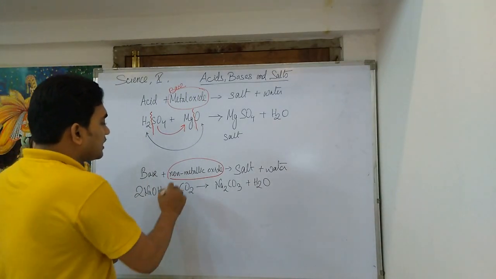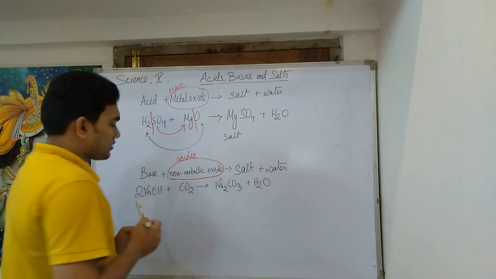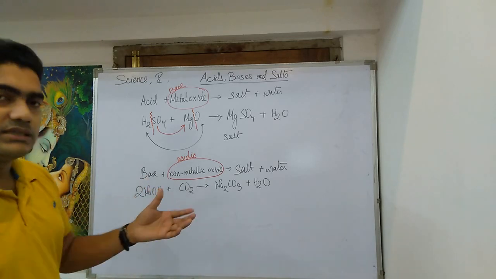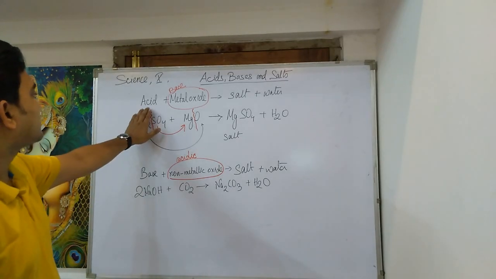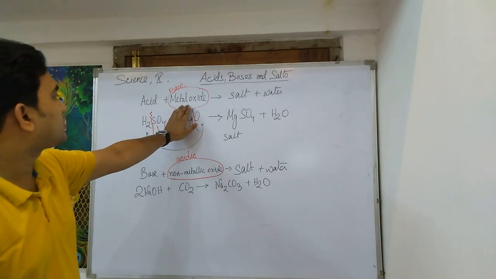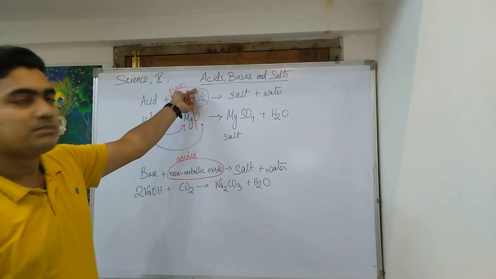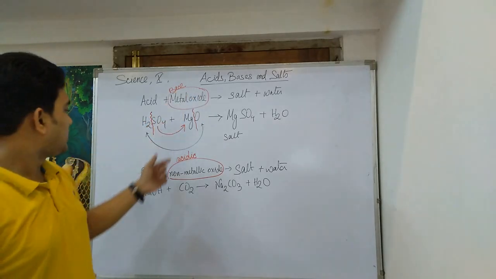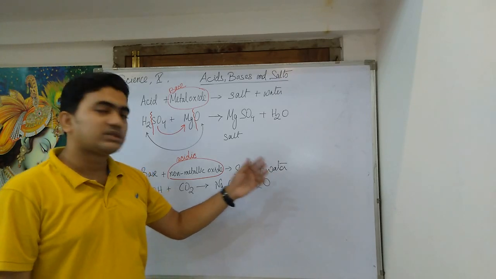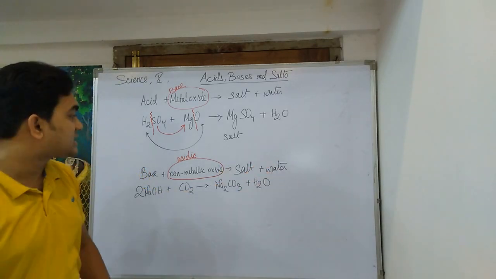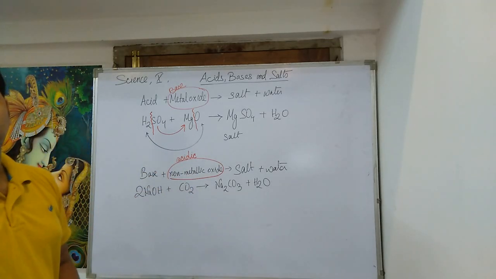So we can say that non-metallic oxides, they behave as acidic oxides. I am repeating again, acids and bases during neutralization reaction, they give out salt and water. In this case we have seen that acid reacts with metal oxide to give out salt and water. So we can say that metal oxides, they behave as bases, basic oxides. Here in this case, bases react with non-metallic oxide to give out salt and water, which is again the replica of neutralization reaction. So we can say that the non-metallic oxide is acidic in nature.